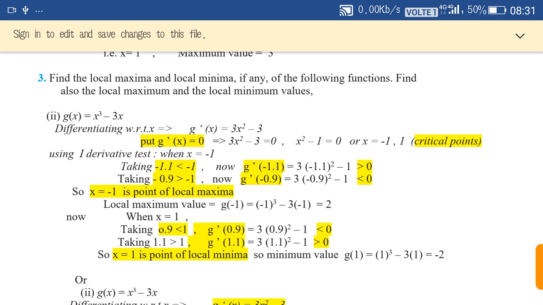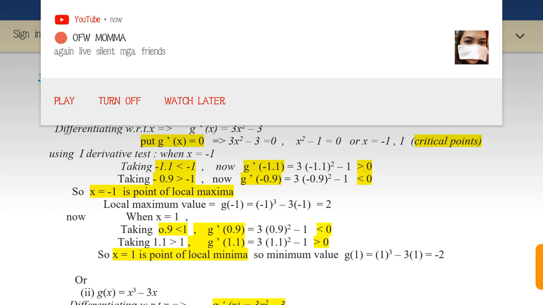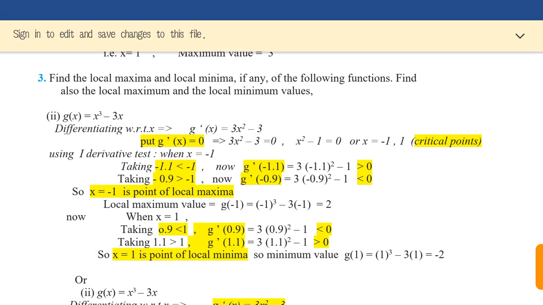you put the value in the original function, x is equal to minus 1, if you put, you get 2. Now another point is 1,